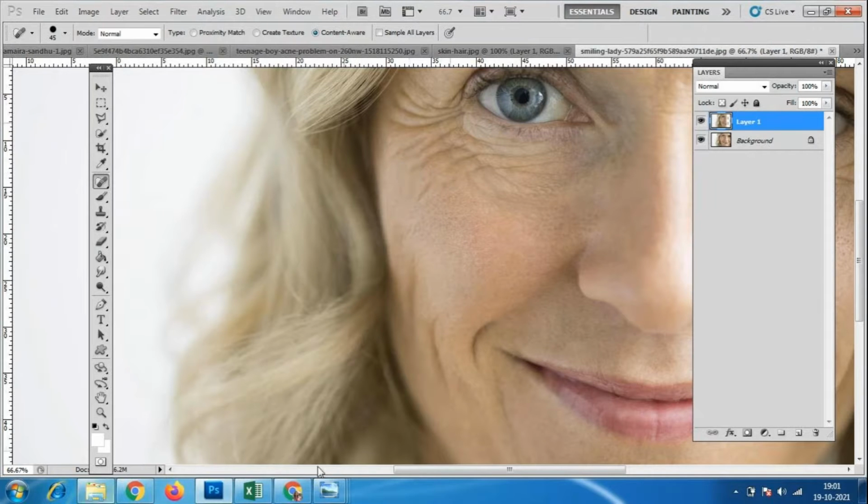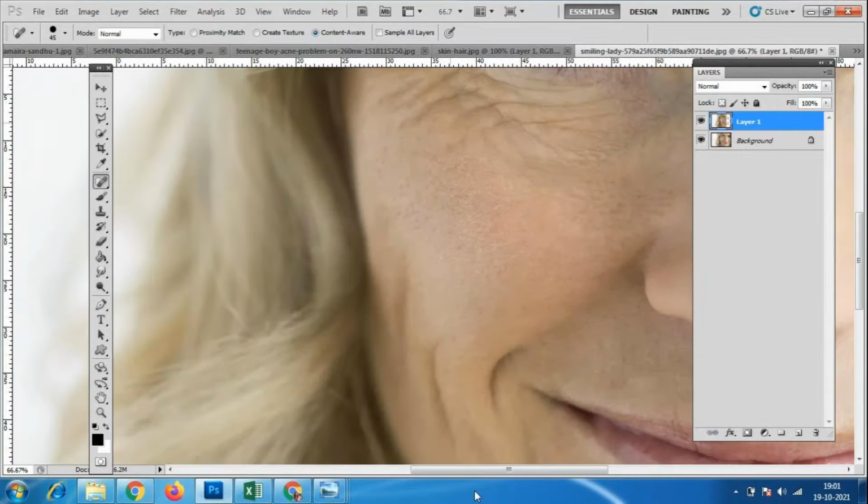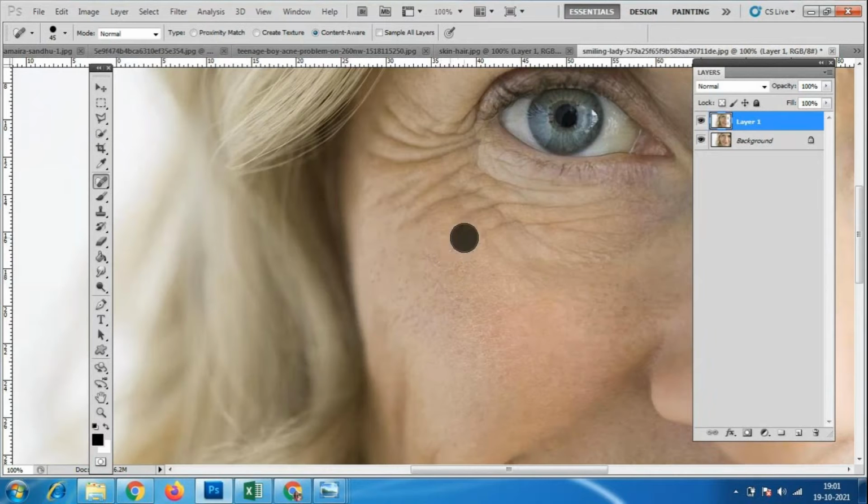Always while you are doing it, sometimes these wrinkles are not going properly. Why is it not going? See, here we have the background and foreground color. Always it should be black and white, so please click on this. If it is white and white, it is not taking the image mode and all, and it is not coming properly. So always keep it black and white. Place it like this, and look at the changes.